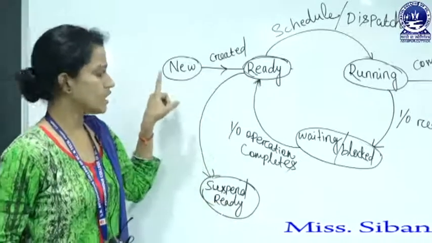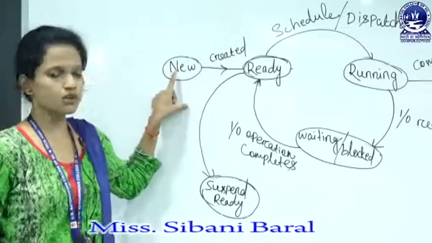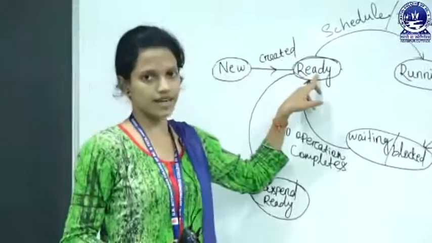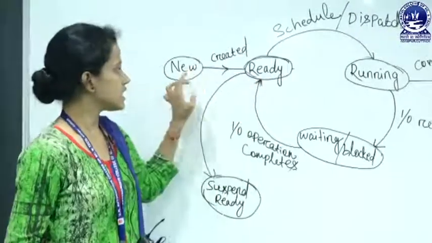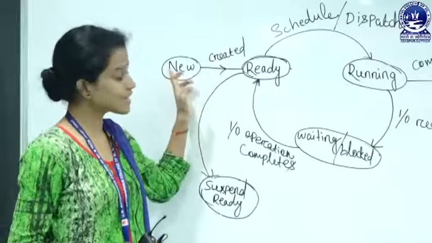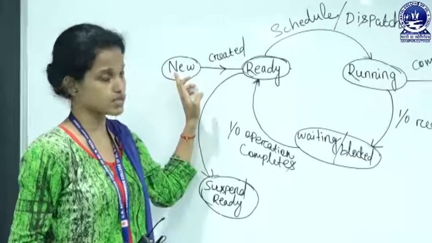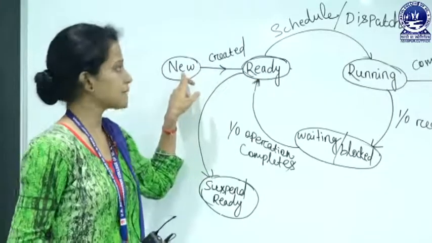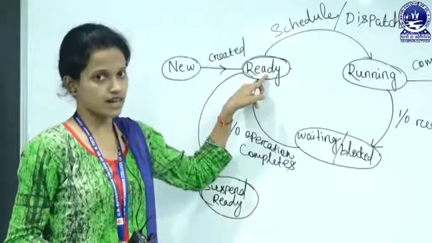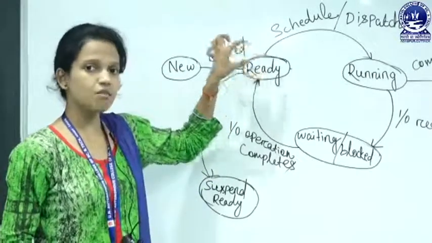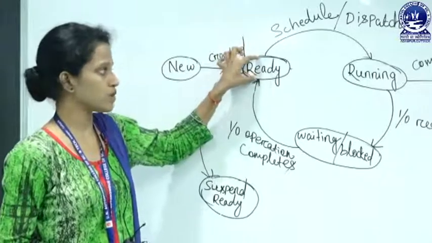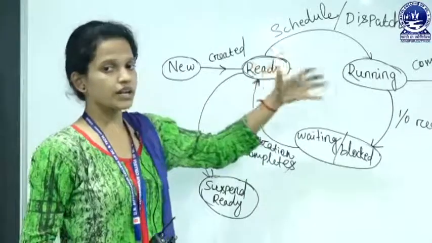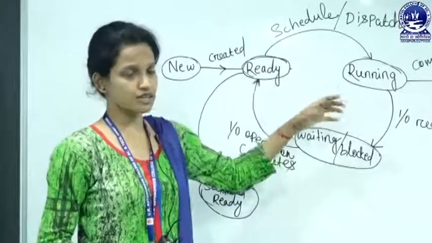You know that in the new state, this is not a process, this is a program, and when it is ready to run, it will go to the ready state. And you know that new is in secondary memory, and when a program is created for a process, it goes to the main memory. It is picked by the operating system and put into the ready state, and the ready state is within the main memory. When the process is executing, it has already been allocated the CPU.